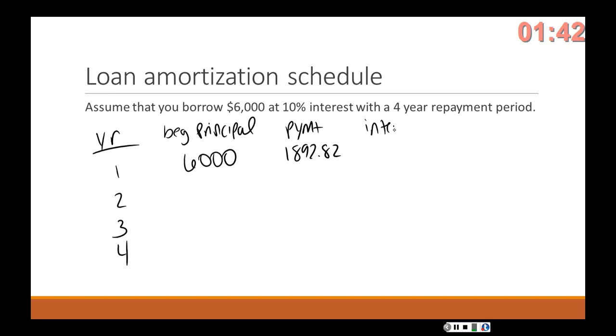We have the interest, which is 10% times our beginning principal, which we'll label number 1. So 10% times $6,000 is $600. The amount that goes towards principal,